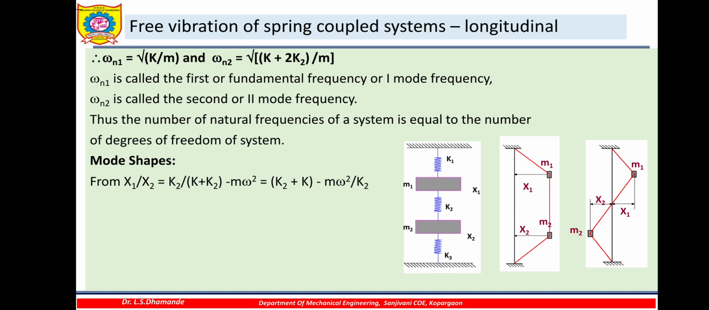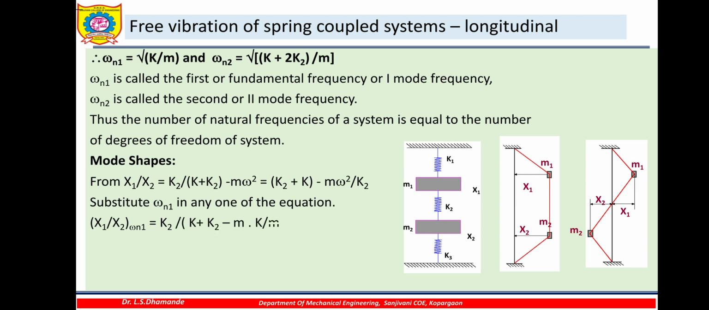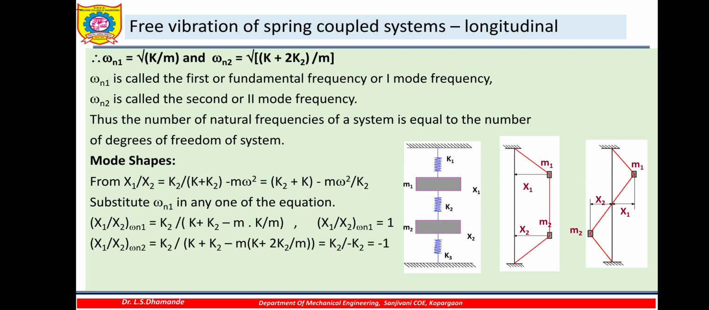Now in this equation we have to put the value of, suppose, omega n1. There are two equations for this x1 by x2, so in any one equation you have to put the value of omega n1. If I put the value of omega n1 into the first equation, it becomes k2 upon k plus k2 minus m into k by m, because omega square becomes k by m. So m will get cancelled out and k will get cancelled out. The remaining term will be x1 upon x2 equals k2 upon k2, which again cancels out, and you will get the value of x1 by x2